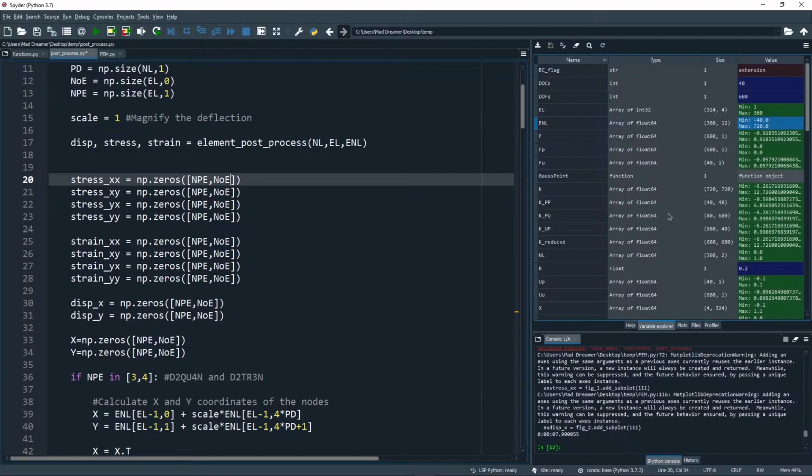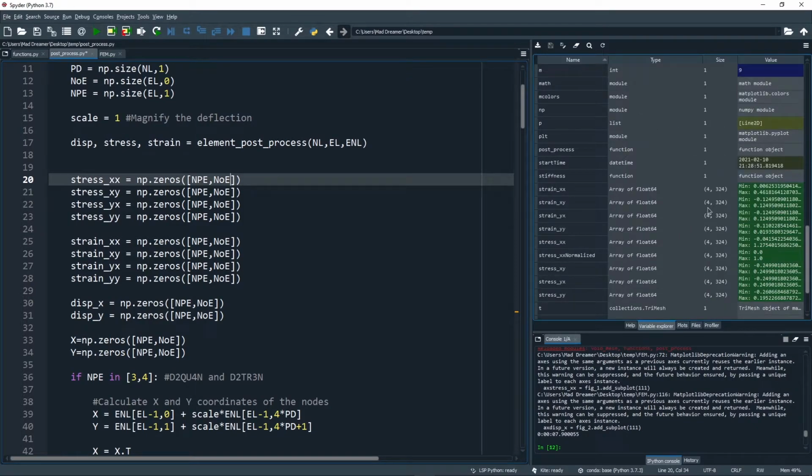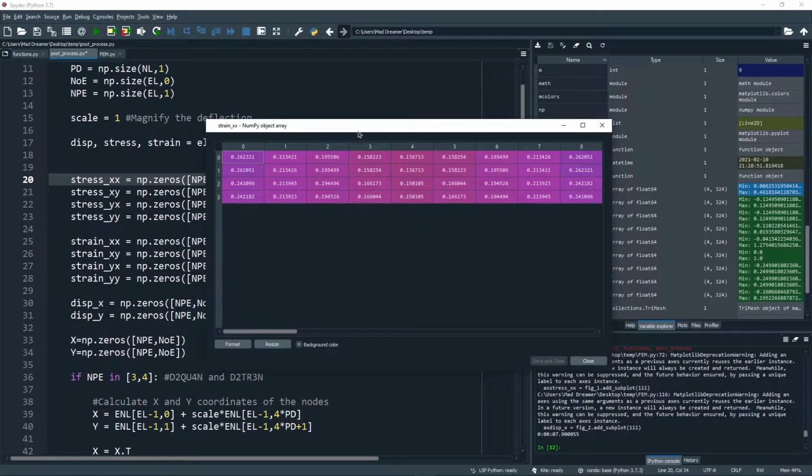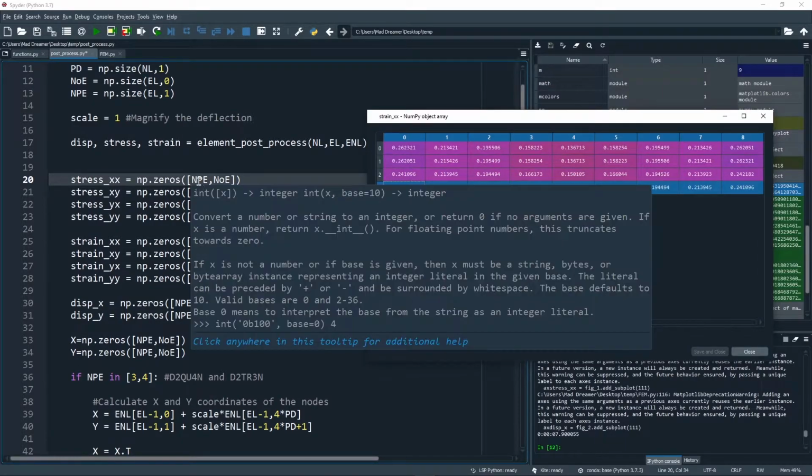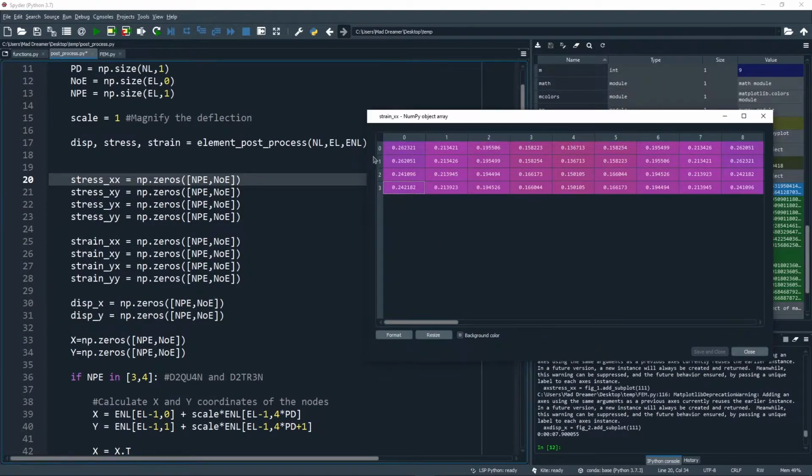So essentially, if you look at the form of these matrices, for example, for D2QU4N, the 4-noded version of quadrilateral elements, we have 4 nodes, so 4 rows, as you can see here, which is the node per element. I will have the corresponding